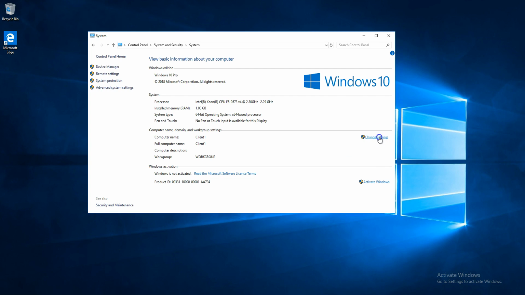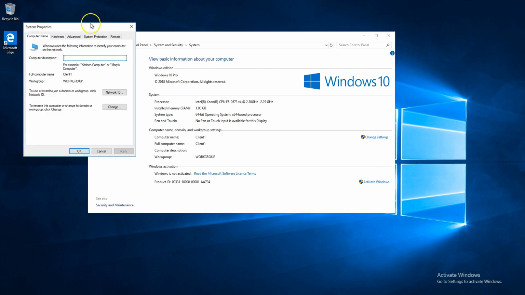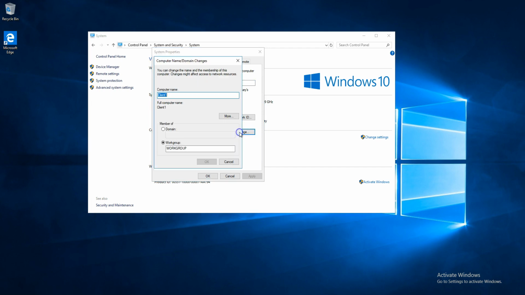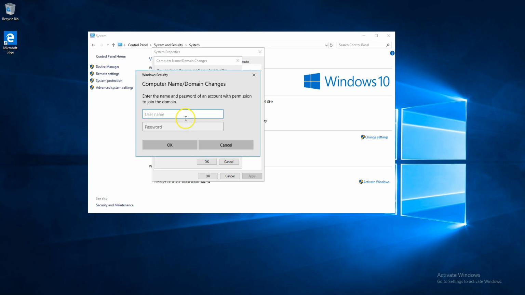So let's go ahead and click on Change Settings. And you're going to bring up this screen right here. We're going to click the word Change. We're going to keep the computer name as it is. However, we're going to put the bubble in Domain, and we're going to type in the name of our domain. Obviously, yours is not going to be Alloway Lab, but if everything works right, we should get a username and password. So this is where we have to type in the username of our administrator account,